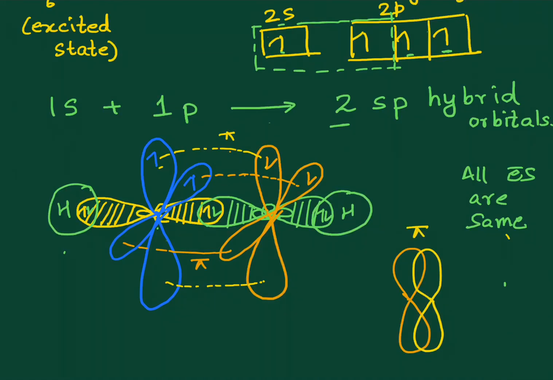Now, if I try to draw with both the lobes overlapping, you know how this diagram will become. It will become very messy here, a lobe here, a lobe there. My God, it will be so difficult to understand. So that is why we represent it like this. So this is one pi bond and this is the second pi bond. Yes, you can write pi over here as well, but then in that case you don't write pi over here. This represents the two pi bonds. Clear? Have you drawn it?